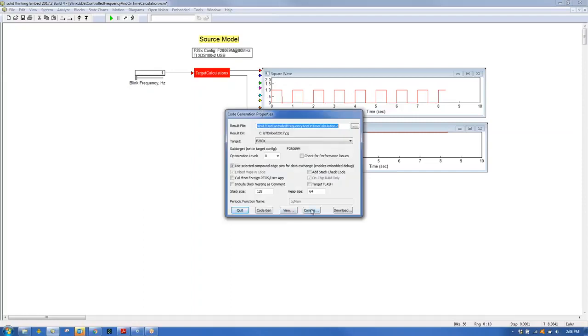code by hitting compile. Now, before I hit compile, you notice up here that something is different. I'm telling it to use the selected compound block edge pins for the data exchange. So what I want to do is I want to generate code, but I want the code to accept this pin as input, and I want it to produce these two pins as output. So this is very important. If you don't check this, you won't get data communication. So we'll hit compile,